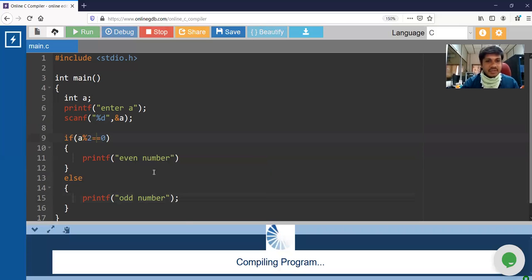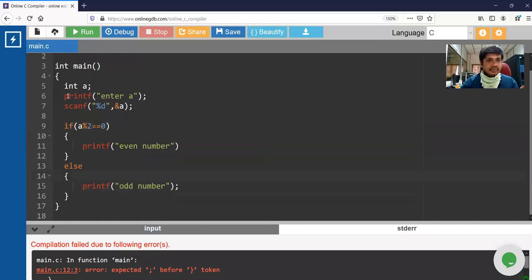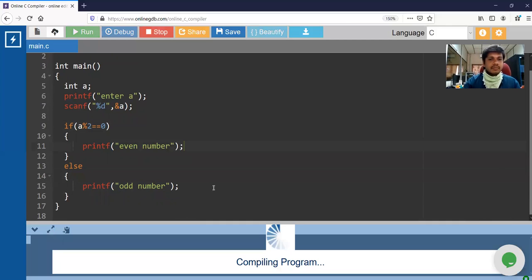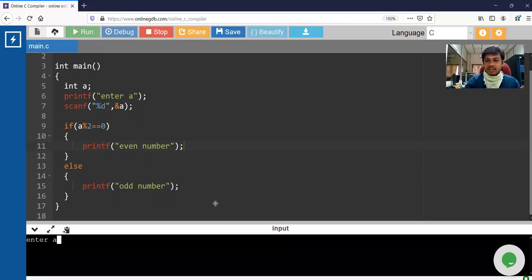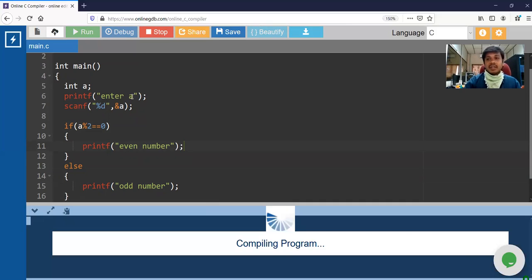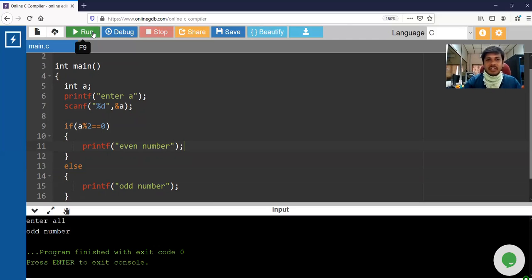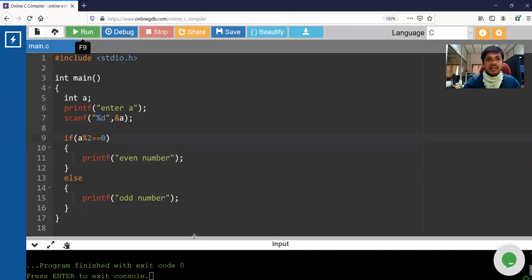Since you people are first years, it's okay. Expected semicolon. Okay. So let my n value be 20 and it is an even number, and let my n value be 11 and it is an odd number, right? So it works good.